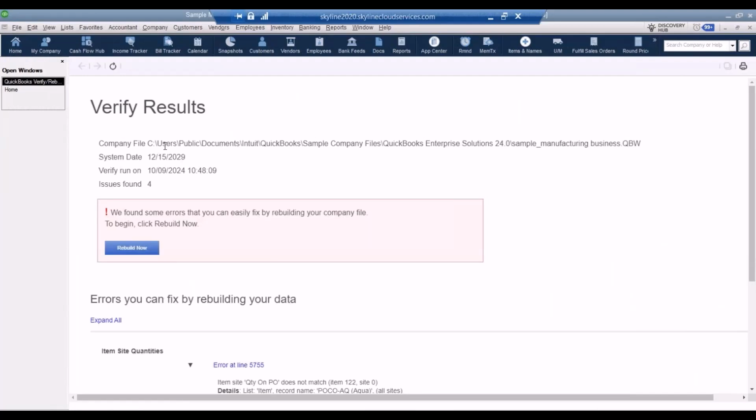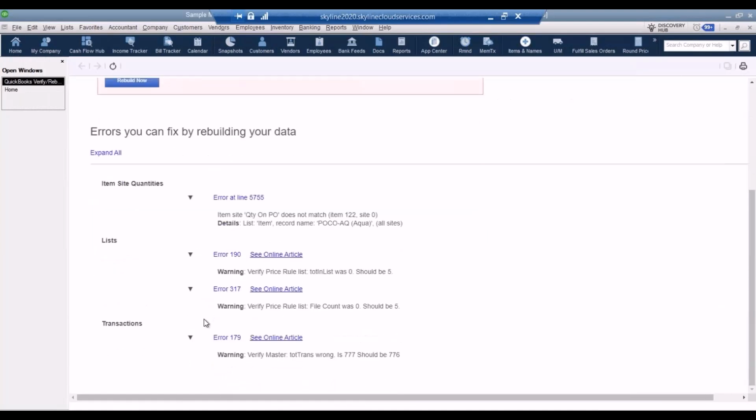Now in this case, I'm running this on a sample file, so that's why this date looks a little odd. It's a future date. For you guys, it should show a current date. It tells me when I ran the verify and then how many issues were found. And if I scroll down here, I can see the types of issues that are present and where QuickBooks is